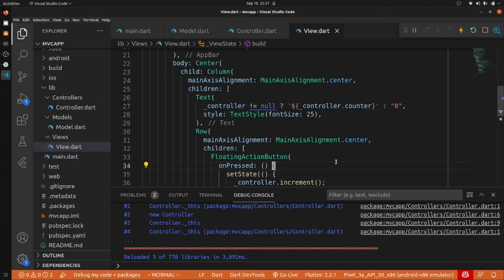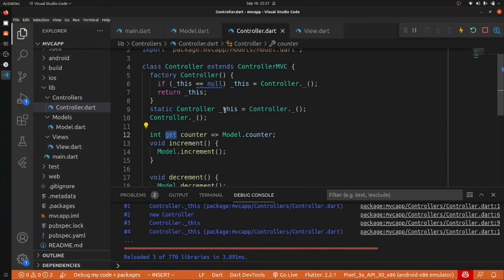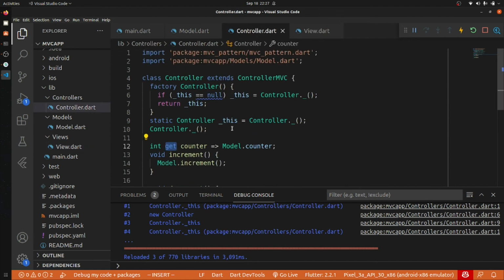In this way we can use the MVC design pattern in our whole application. I know that this can be more optimized if you want. And that issue in the controller with the factory can also be removed if you don't want to use this MVC pattern plugin.